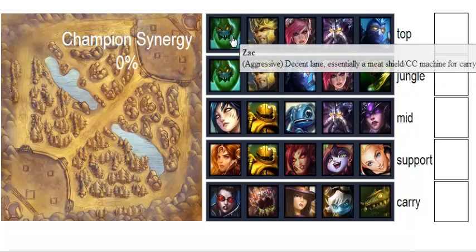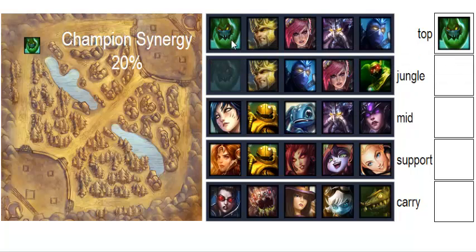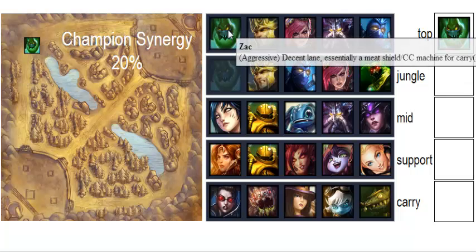So like Zach is best for snowball because, let's see, he's aggressive, he has a decent lane, he's essentially meat shield and carry for meat shield and CC machine for the carry. So this will allow a lot of functionality for understanding both the strategy of the champions, but their place within